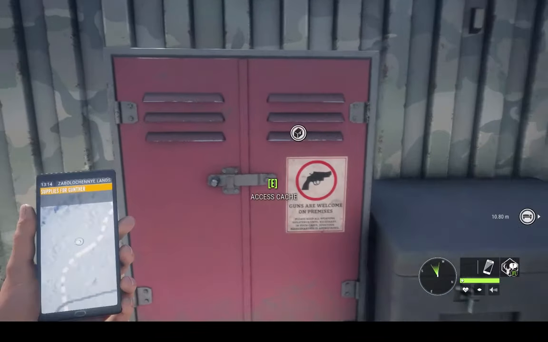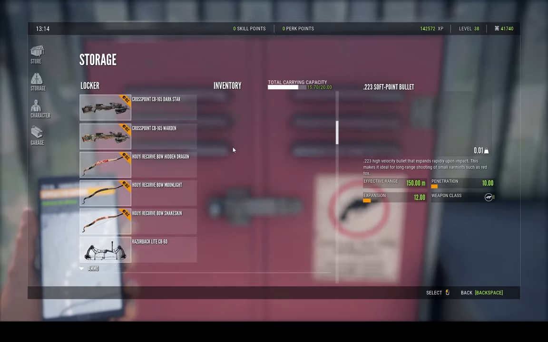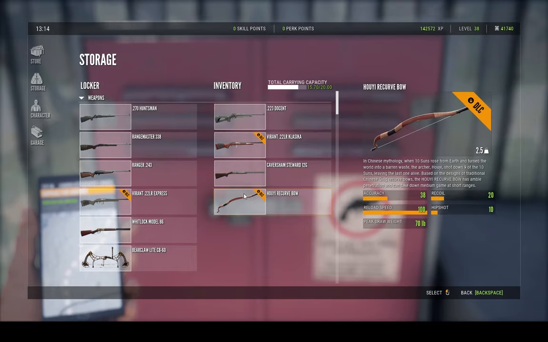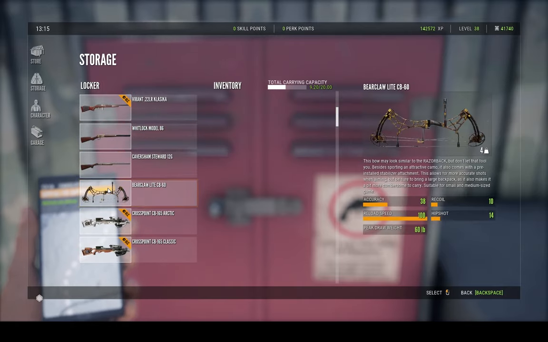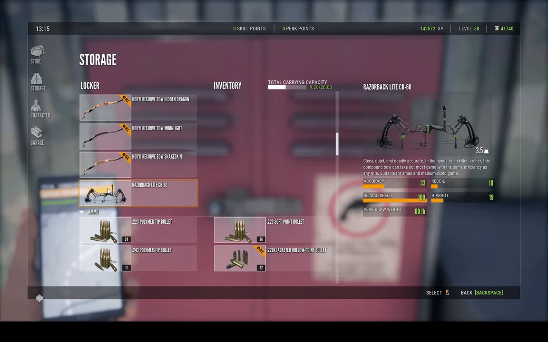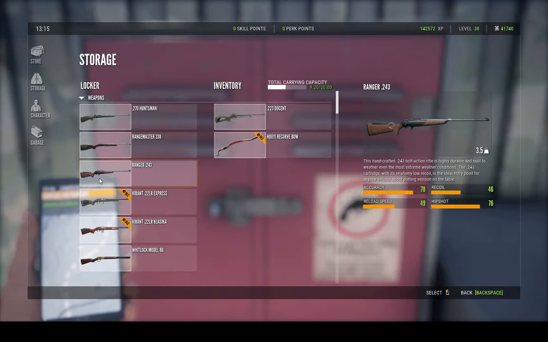Yes, ma'am. Okay, so into storage, or... Yeah, storage here. Okay, so we will not need the Virant, and we can't use the shotgun yet. So we'll probably use our bow. And where is the super rifle? No, I think it is...